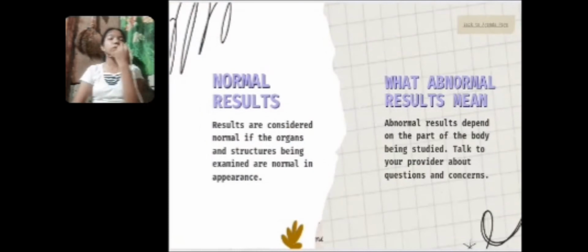Then the normal results. Results are considered normal if the organs and structures being examined are normal in appearance. So you will say the result is normal when the doctor didn't see anything unusual in your organs and structures. While the abnormal result is a result